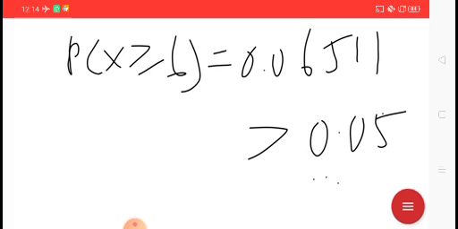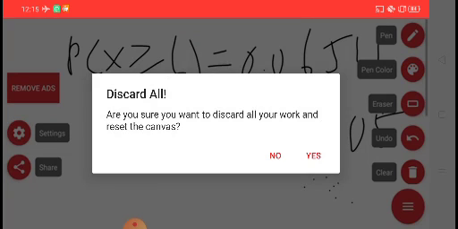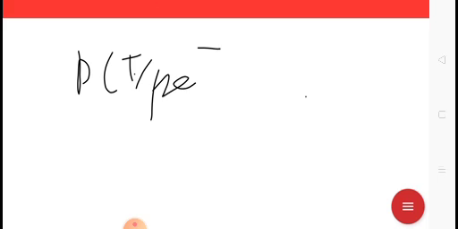Okay, so the previous two questions are about the Poisson distribution. So now we move to type 1 and type 2 errors. Any problem? If not, then we proceed to type 1, type 2 error. If any problem for this, you just text me or message me. Okay, so type 1, type 2 error is similar to the z-test. So if this is similar to the z-test, the probability of type 1 error